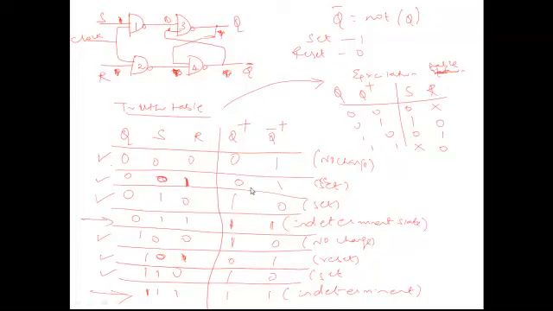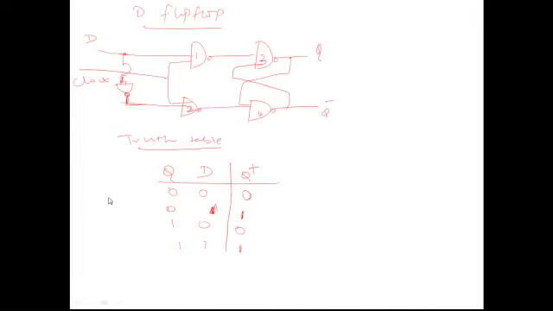So here we are not using all the combinations. Here you are using either the 0-1 combination or the 1-0 combination only, because one input is directly given and the other input is a complement of that one input. So we will not have the 0-0 or 1-1 combination. Therefore, we are eliminating the 0-0 SR and 1-1 SR combinations, so that we do not have the indeterminate state at all. But we are restricting the input to be only one input.